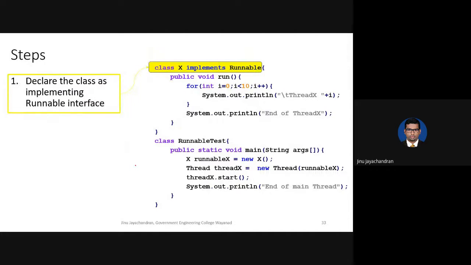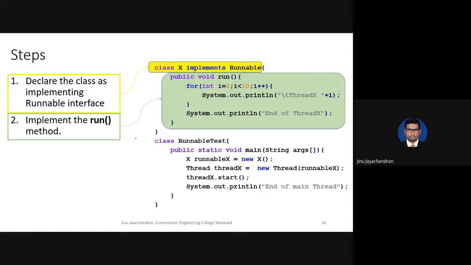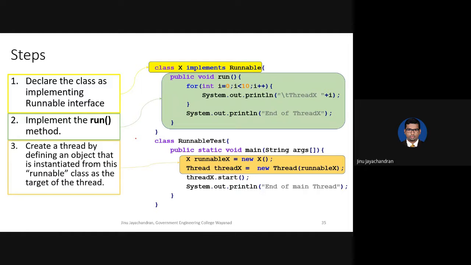Example, class X is a class that you declare. Now this class is going to implement the interface called Runnable. So you see that Runnable is an interface. This interface is already defined inside the Java system. And in this interface, they have also declared a method called run. So if you are implementing the Runnable interface, then you should define the method run inside your class. So this is your thread. You have implemented the Runnable interface. Now, after that, you create an object of the class.